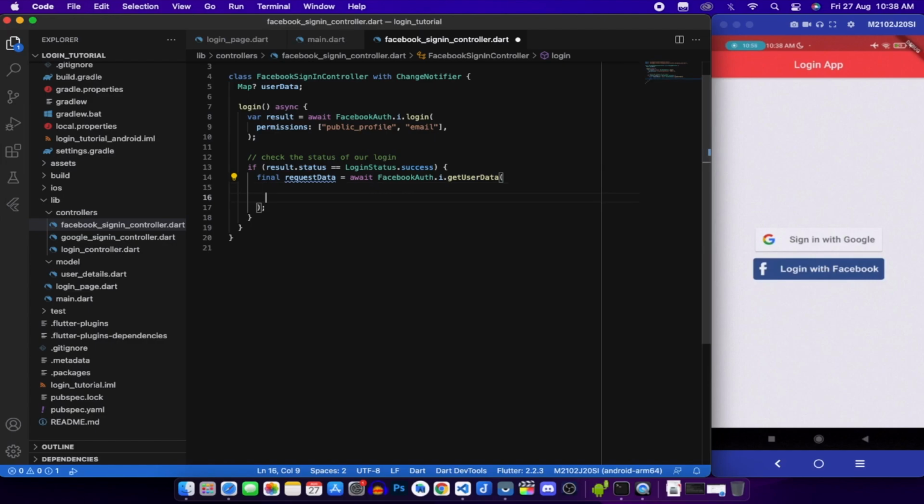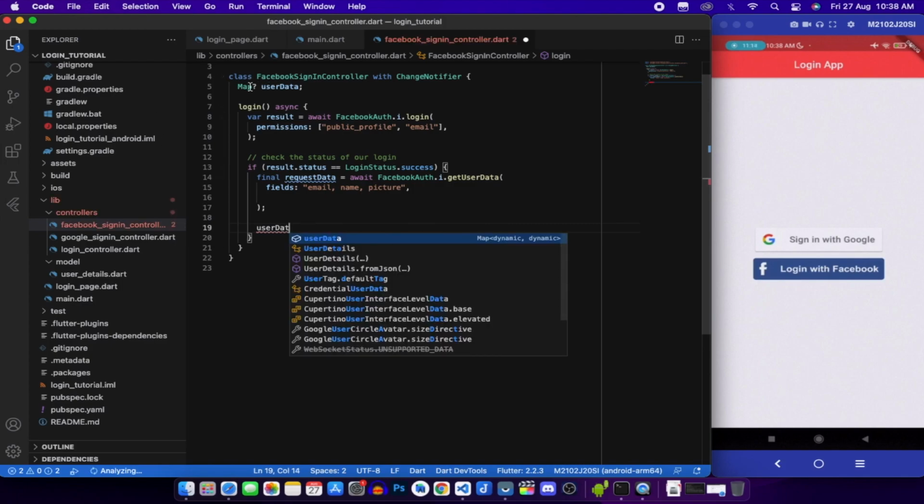Now in user data we have to map our values. First field would be email, name, and then picture. Now we will assign our map the value of requested data.